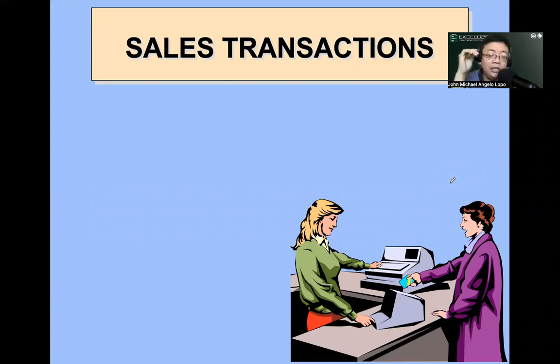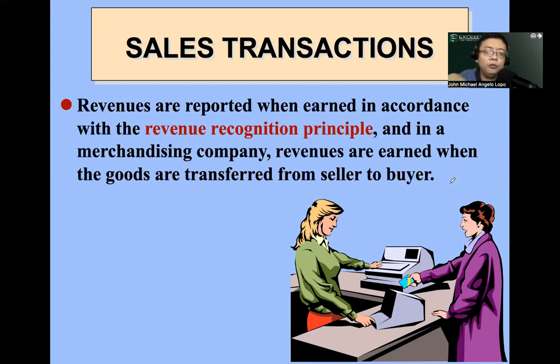It's like payable, just the opposite of what we called payable a while ago. So what do you mean here by sales transactions? Go back to our discussion about this one. The revenue recognition principle, meaning you recognize the revenue, you record revenue. Remember the principle? When the revenues are earned.